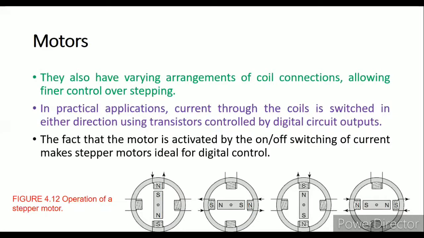So how do we do this? The fact that the motor is activated by switching a current on and off makes the stepper motor ideal for digital control systems. Either you can do it manually, or automatically. Automatically, we can switch it on with the help of the relay concept we studied just now. If I take an example, we can sense the movement of a train at a certain distance, and once the sensing signal is given, we can automatically close the gate and block the vehicles' movement. So this is one of the concepts we can use with a stepper motor.